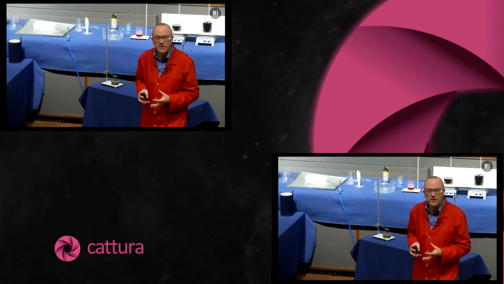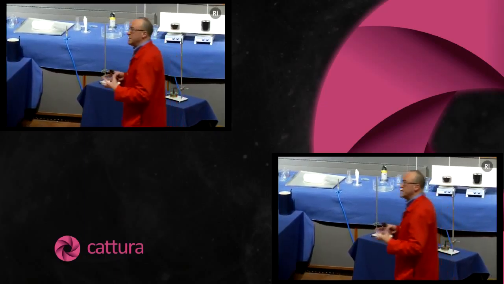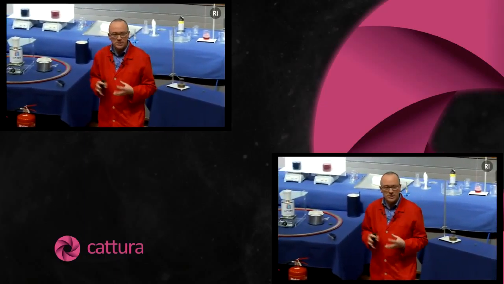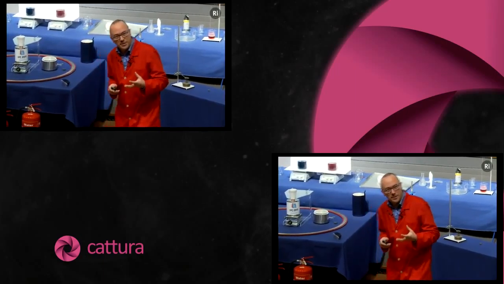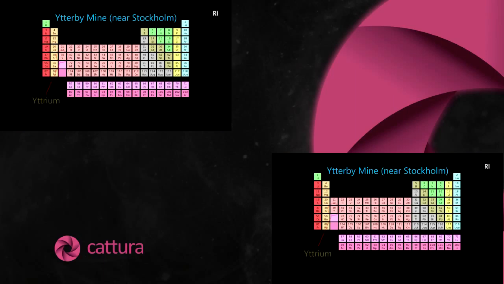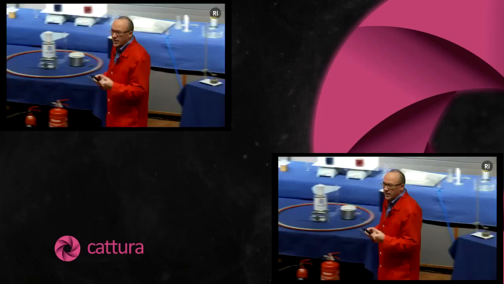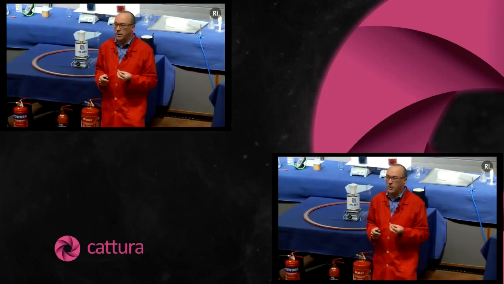This was sort of the beginning of the 18th century. Now, in those days, if you discovered a new element, you got to choose its name. And they decided to name the element after the town of Ytterby. So this element is called yttrium. What's rather interesting is that this mineral contained not just one new element, but they